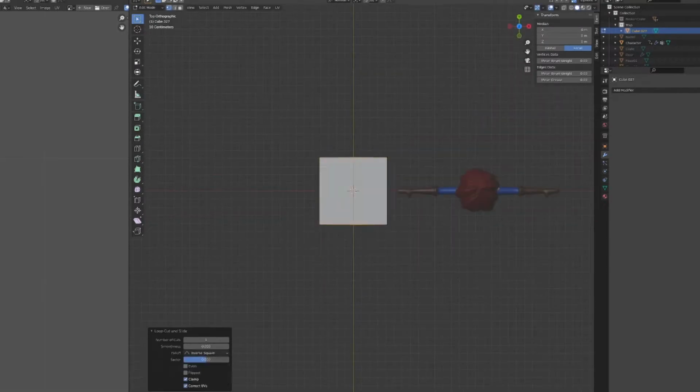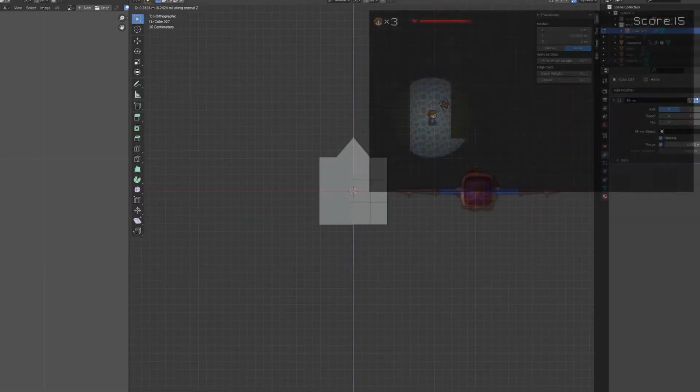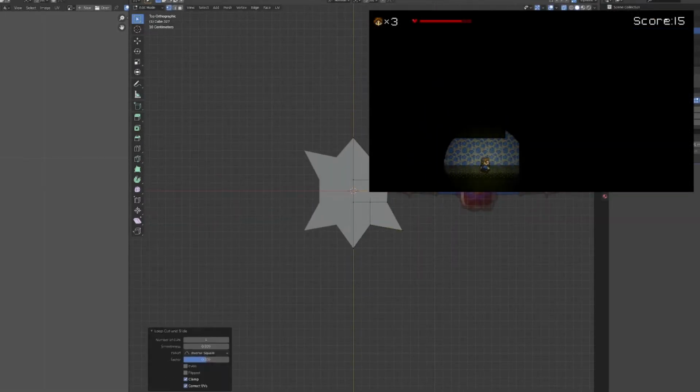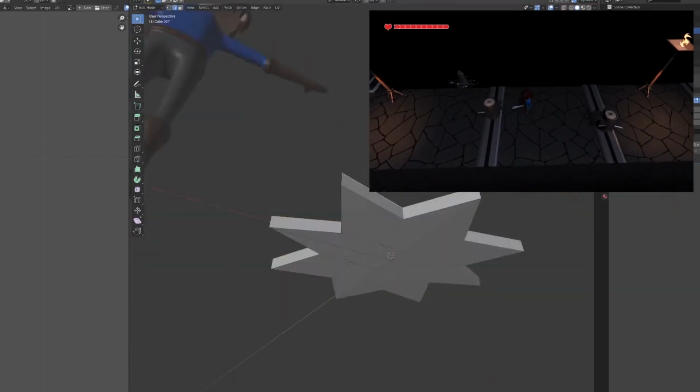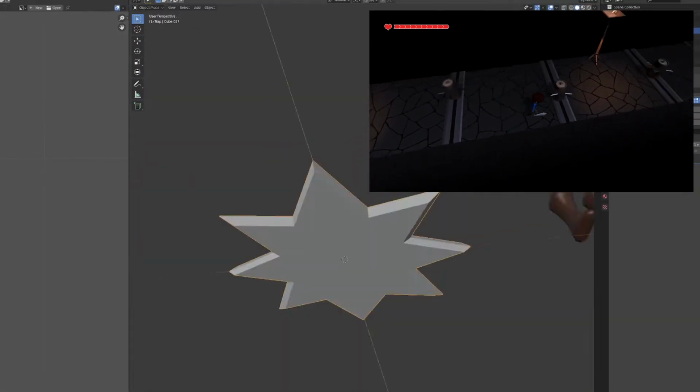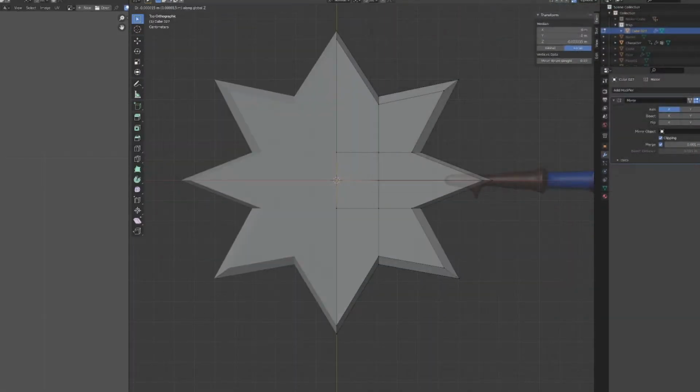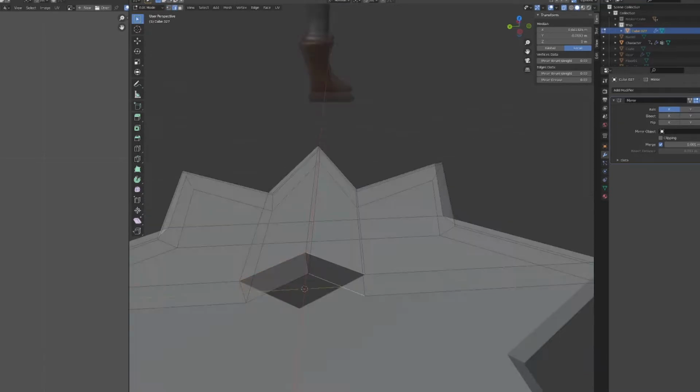Next, I started modeling traps for the game. In the original Prisoner, there were spike traps that push only the player. As you saw at the start of the video, I changed that in the remake. This mechanic will help the level design feel more varied, and even give the player more tools to dispatch enemies.